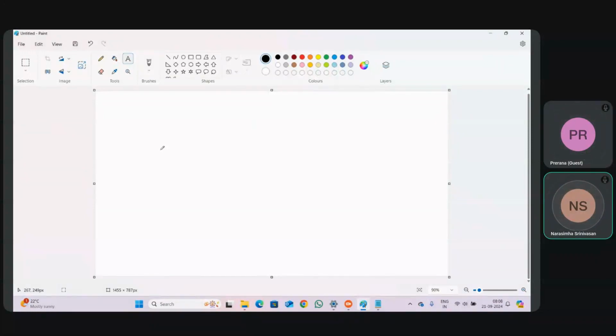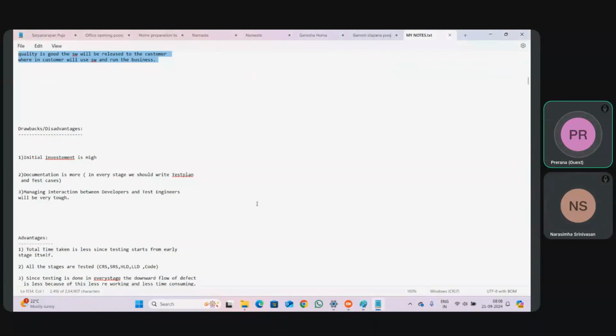So that is one advantage. And the quality of the software will be very good. So rework is not there, which means time taken will be less. Time taken is less means total investment will also be less. That's it.